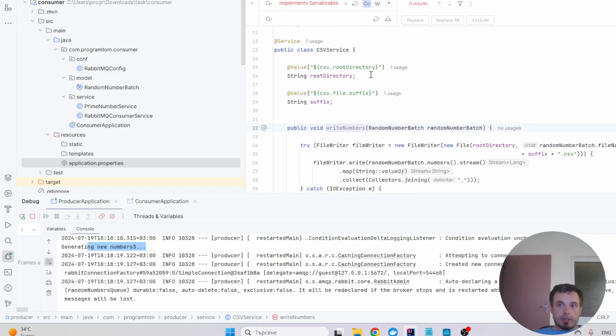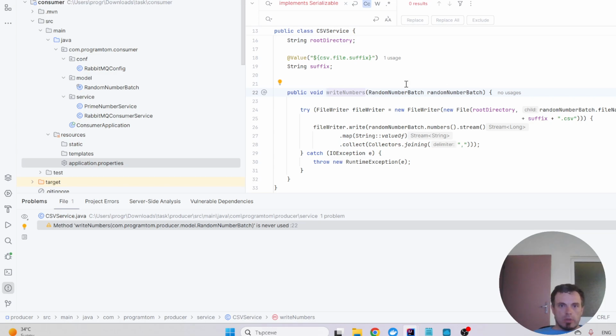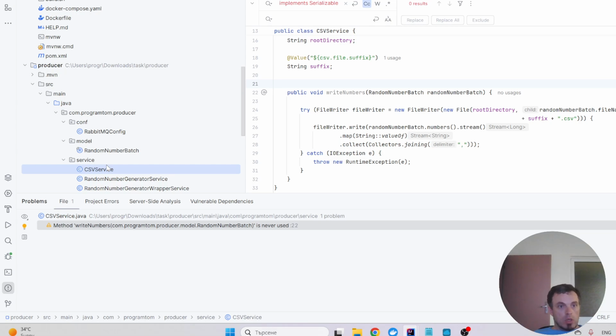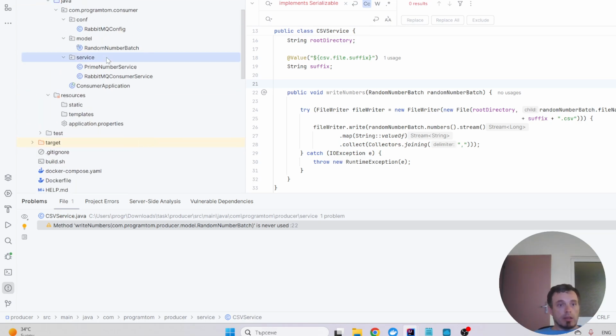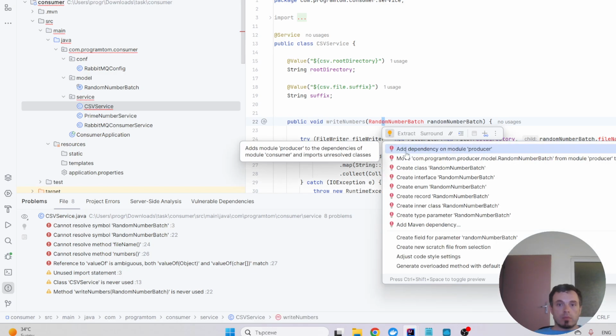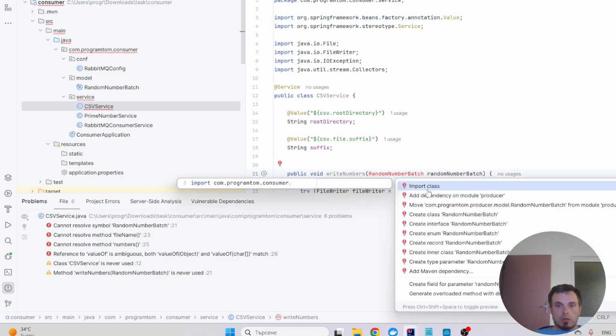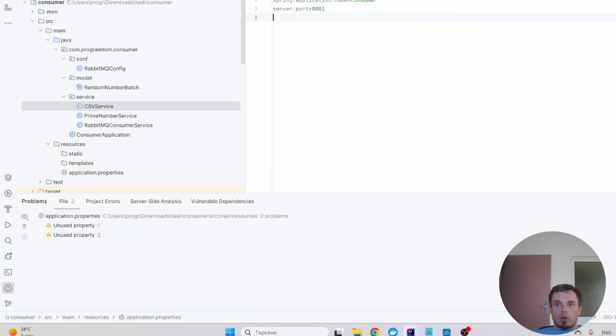Basically using the same... what's the issue here, it's not used anywhere. Okay, using the same CSV service, I'll copy paste it directly into the consumer and fix the models up. And basically I'll copy paste the same items here but without parameter, and these